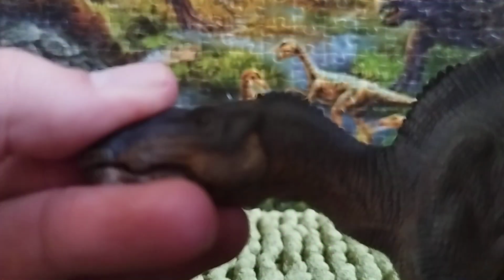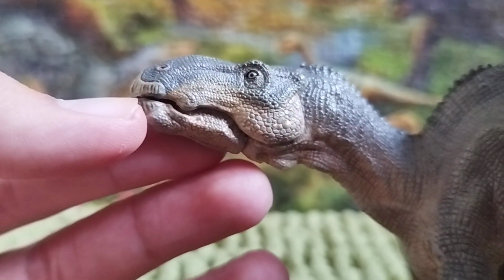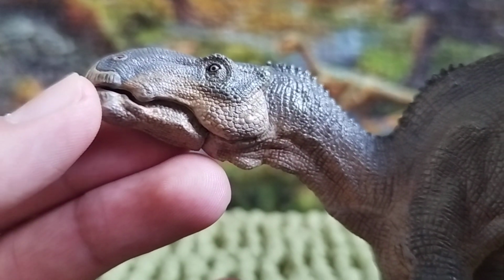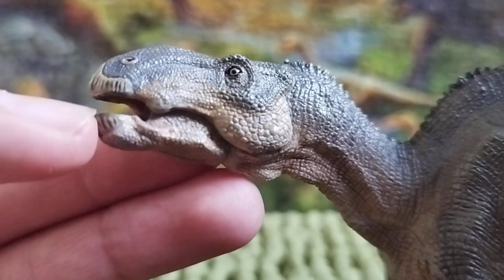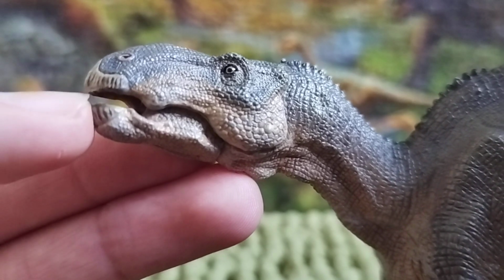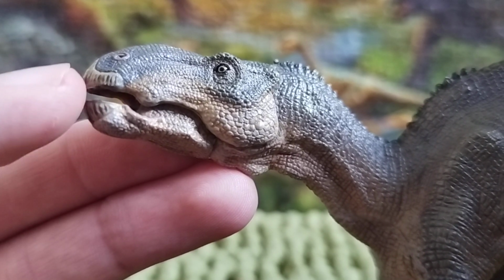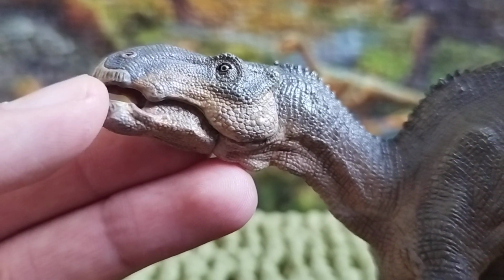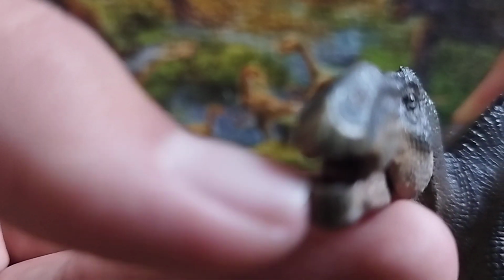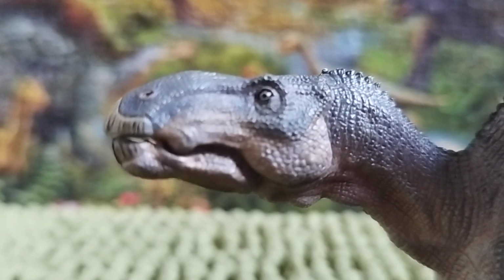And the head looks pretty nice indeed. Although the articulated jaw, unlike on most carnivores, on the Iguanodon looks not great actually. It looks terrible. It just opens very weakly, so it makes sense. Although the CollectA Iguanodon doesn't need an articulated jaw at all, this one already had one at the least. But I can see the tongue inside of it, which is exactly what this animal would have looked like